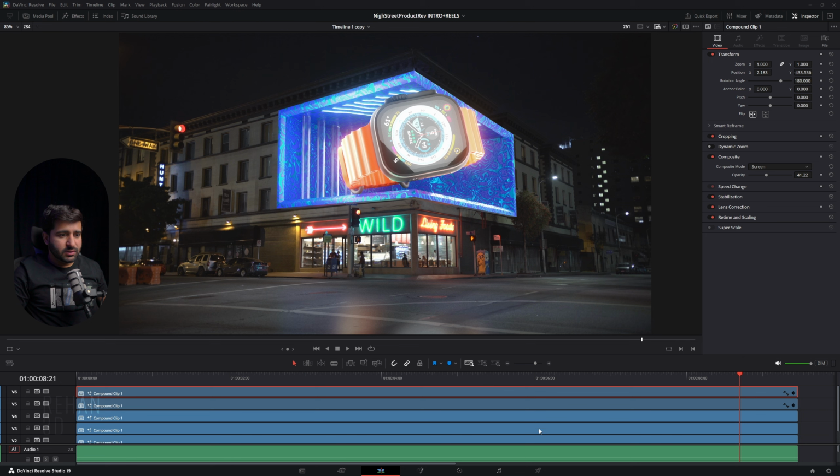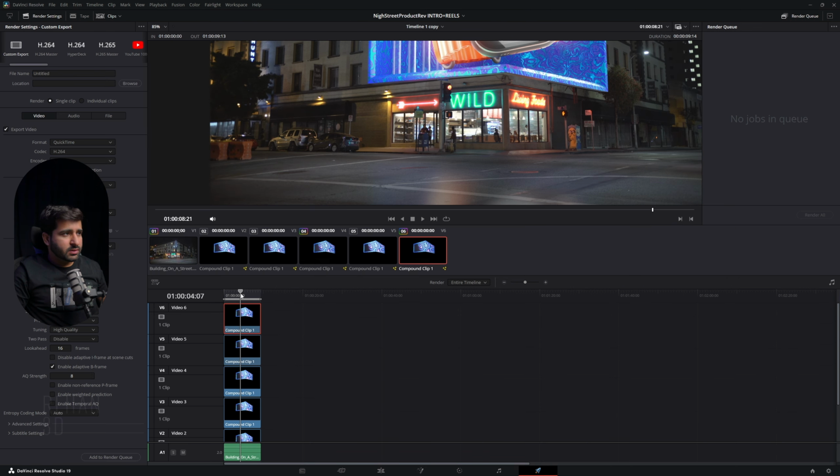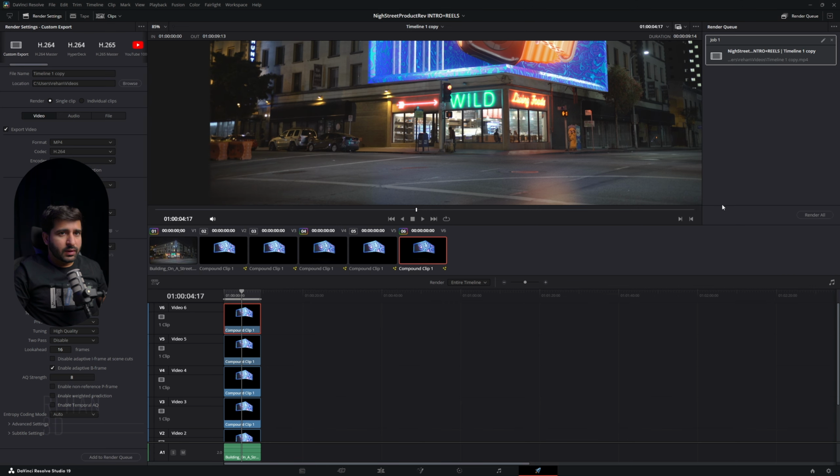And guys, for the rendering, just click on this silver icon, and after this you just come up to this and give it a name you want, give it the directory where you want to save the video file. I will mostly render with MP4 H.264 codec, and in the encoder NVIDIA, and resolution, timeline resolution, FPS 30 FPS, and keep the quality on automatic, best, so it will render at best settings. So after this, just add it to the render queue, and from here render all, and it will start exporting your final video.